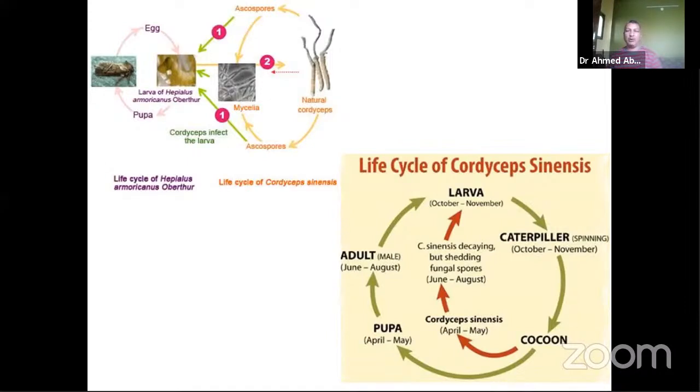Actually, when we see about the cordyceps, the larval part of the Hepialis, the larval part. Actually, in the top one, you can see here is the life cycle. In this life cycle, we can see this is the adult insect, female insect of Hepialis, and it lays the egg. And now this egg,